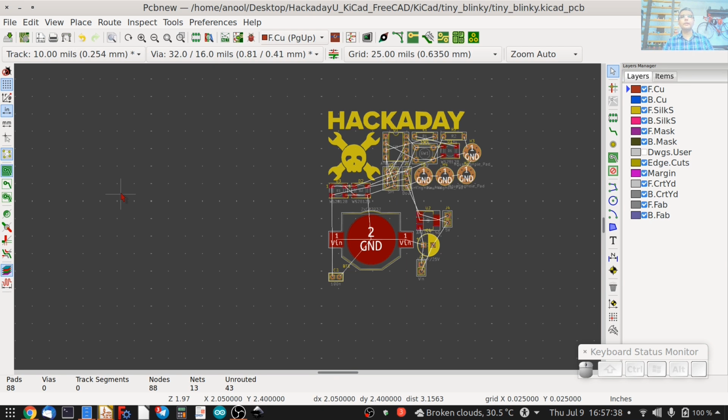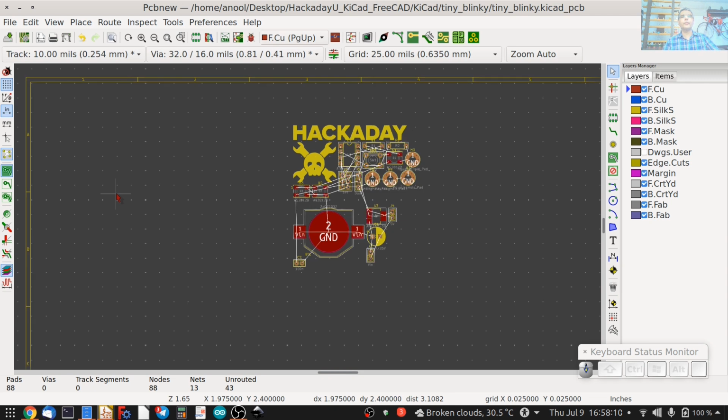Once you're satisfied with the parts being placed where they need to be, is when you start drawing the tracks and the rest of the stuff. And then you finally add an outline to the board. The other way around is to start with an outline. That means you already constrain the size and the dimension that you want the PCB to be. And then you start adding and moving parts within that outline to suit your preferences.